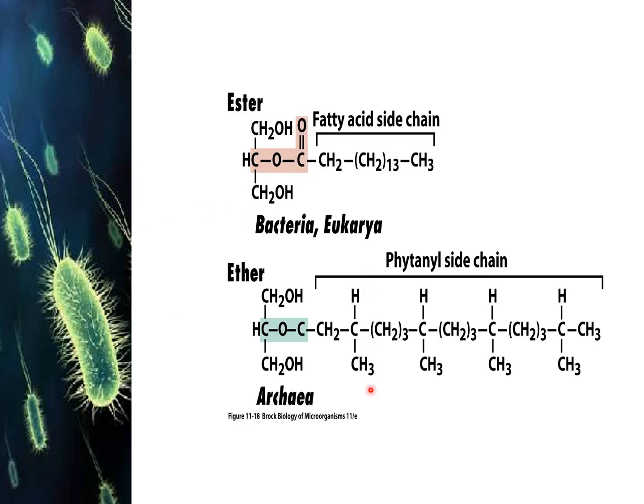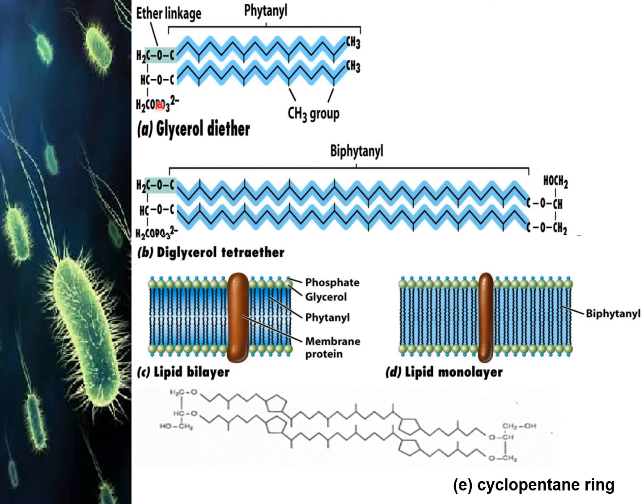As you can see, this is a comparison of the fatty acid side chain and phosphohead. In bacteria and eukaryotes there is an ester bond, and in the case of archaea it's an ether bond between the fatty acid side chain and the glycerol. And the fatty acid side chain, as in the case of bacteria, is not branched, whereas in the case of archaea, it's branched, called the phytanyl side chain. You can see the ether link between the glycerol and the phytanyl side chain,